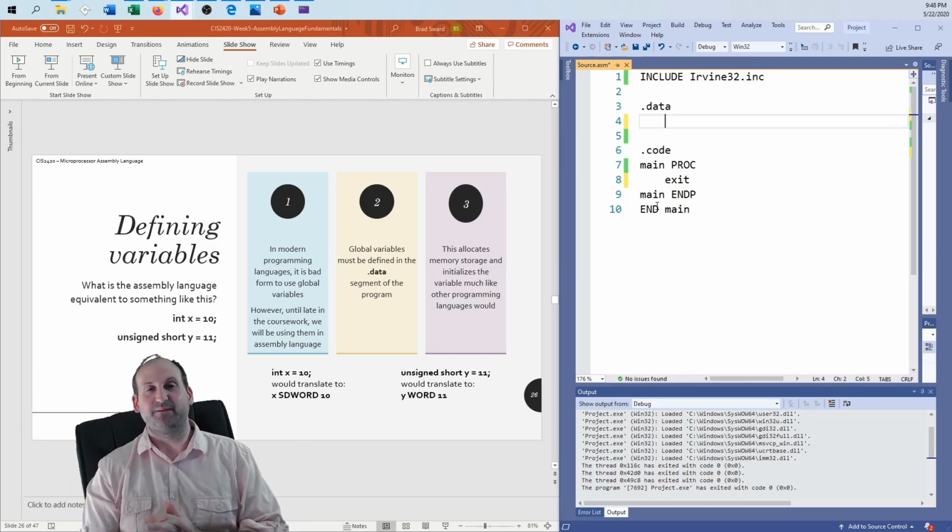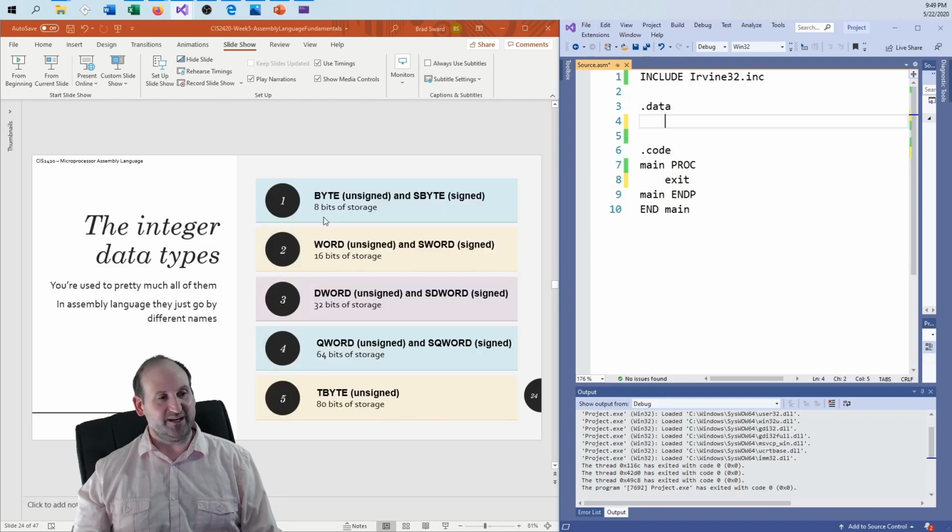So the data segment will take everything you put in here and condense it down into the smallest amount of space possible. Higher level languages do not do exactly that. There's a lot of bloat in a lot of higher level languages. So as you can see here, int x equals 10, like, what am I trying to do? You have to go back to over here and just try to figure out what am I trying to convert